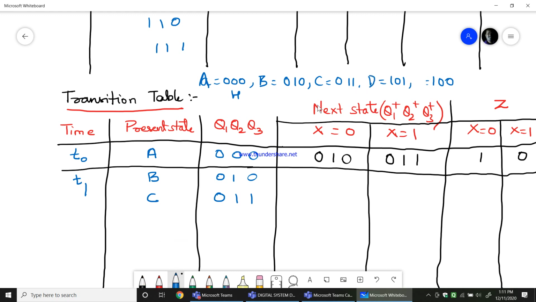D as 1, 0, 1, then H as 1, 1, 1 and M would be 1, 1, 0. So A, B, C, D, E, H, M, which we have in the state table, we'll assume these values for these alphabets now. Therefore, when B is 0, 1, 0, B and C, what is the next state in the earlier table?